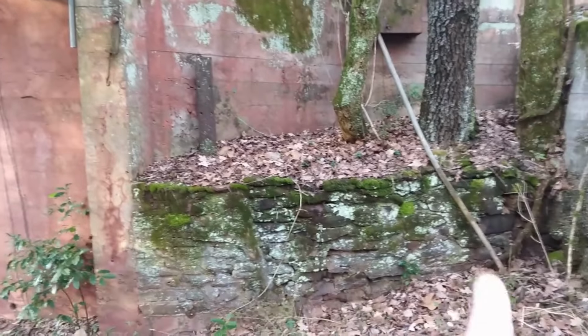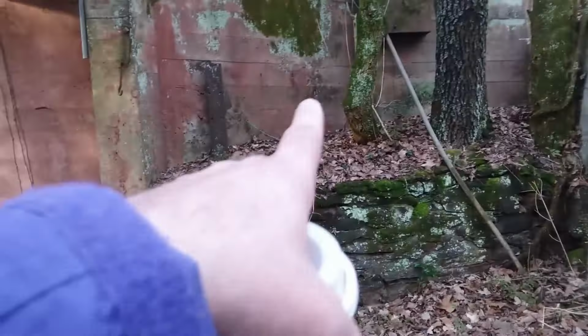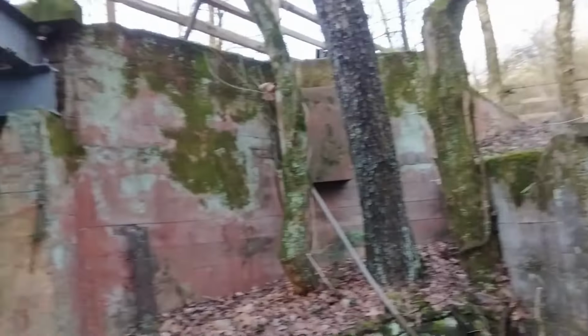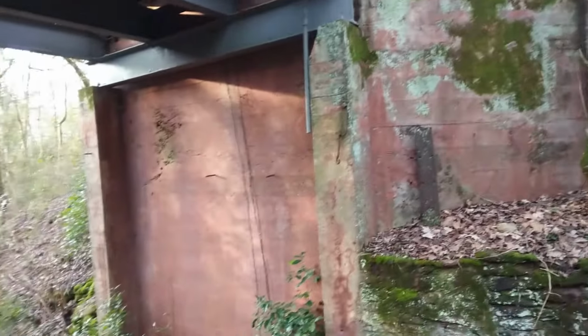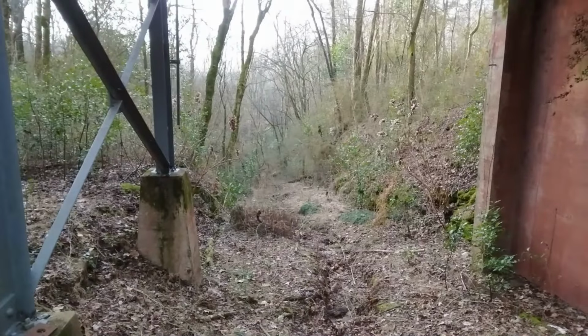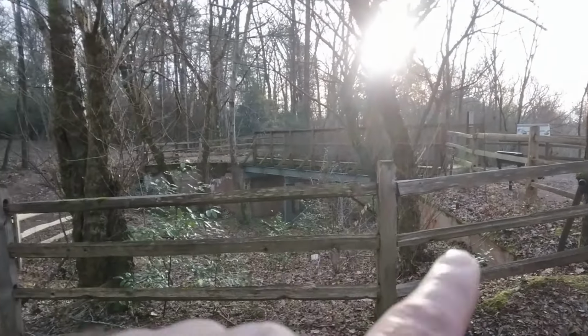And this foundation right here, the stone foundation, this is part of the original foundation for the wooden bridge that went over this cut right here. So that's part of the walking trail they have now. So let's look back down the haulageway cut for the 13 mine. Okay, that's a look at the minecart